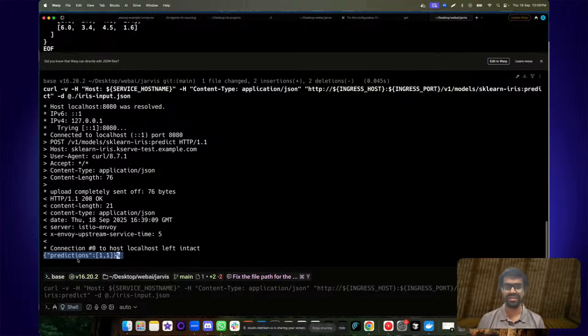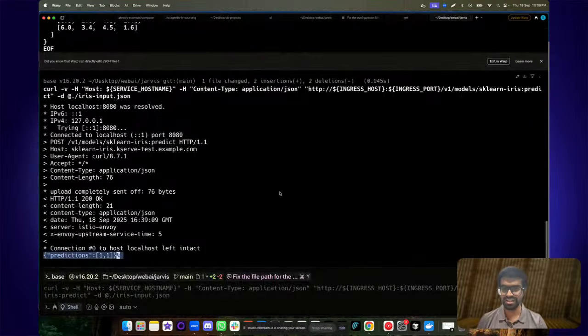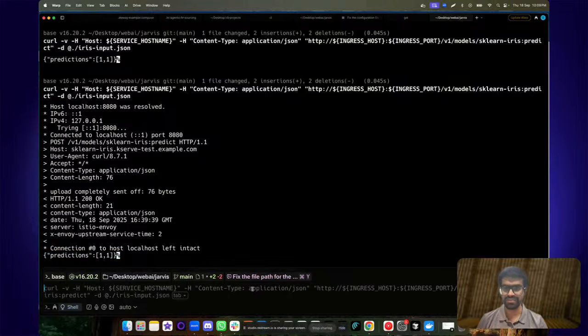Perfect. I think earlier there was something wrong. Maybe the Ingress gateway that we were setting up had not completely set up. So now we have the Ingress gateway service, and this looks to be good. So we are able to make a prediction.